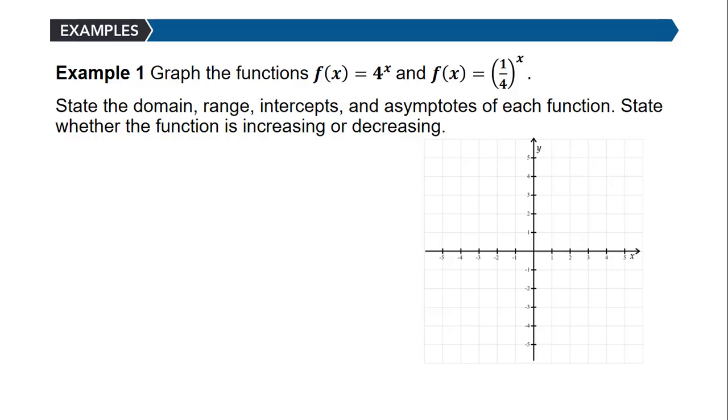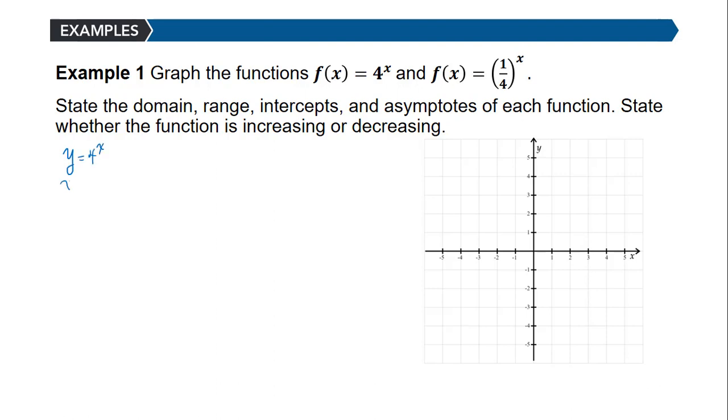So as just one quick example we're going to do for this objective, and that is to graph these basic functions f of x equals 4 to the x and f of x equals 1/4 to the x. And we want to state the domain, range, intercepts, and asymptotes of each function, and state whether the function is increasing or decreasing. So if we wanted to graph y equals 4 to the x,